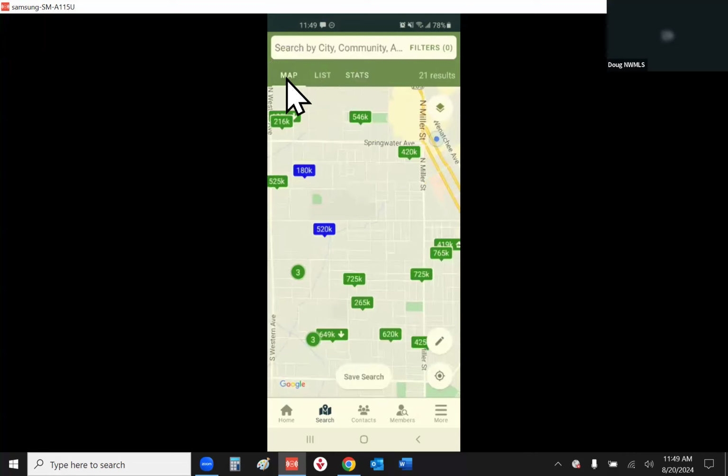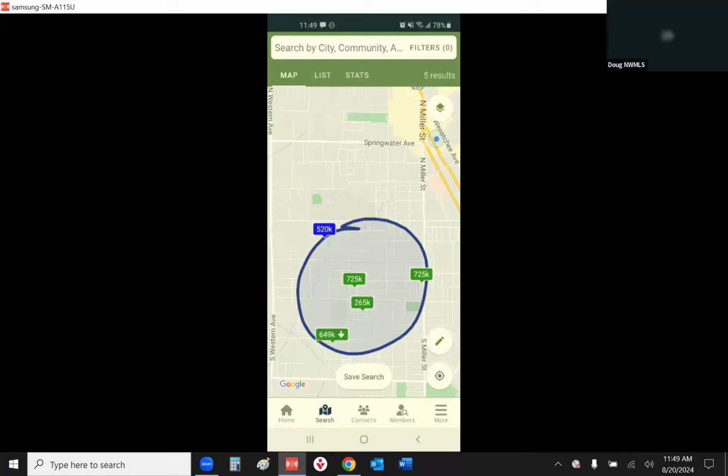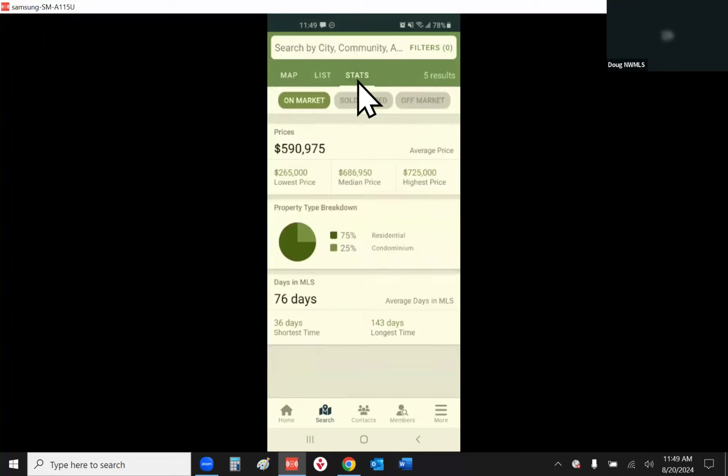Now, going back to the map again, if I draw using the draw tool a small little area like that, then whatever's in that little radius that I just drew is what's going to be reflective of what's in the stats here. Same thing, on market, sold, leased, and off market. So it's nice because if you're out and about with a client showing them properties and they want to know what homes are selling for around an area,